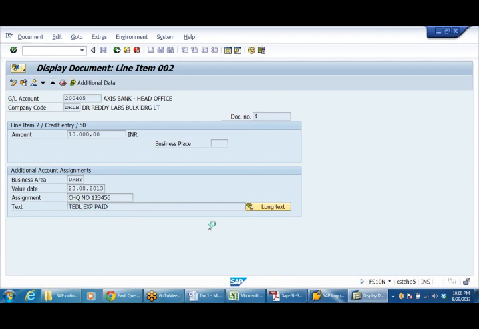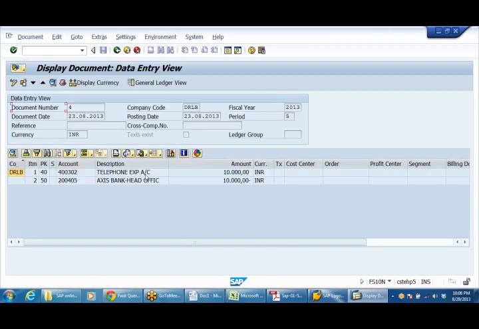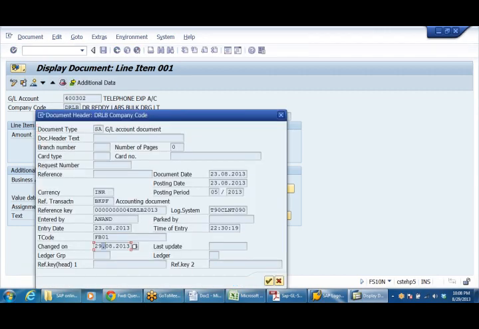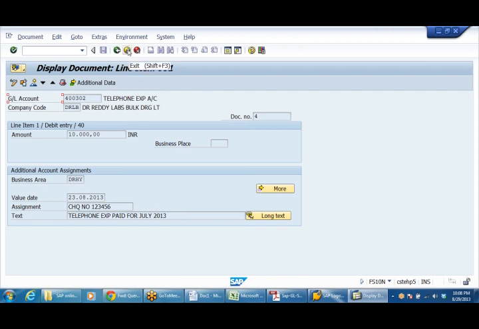If you go to the overview, look at the telephone expenses account. So here it is showing. There it is changed. If you see here, you can see 29. So because of that it is showing, right?